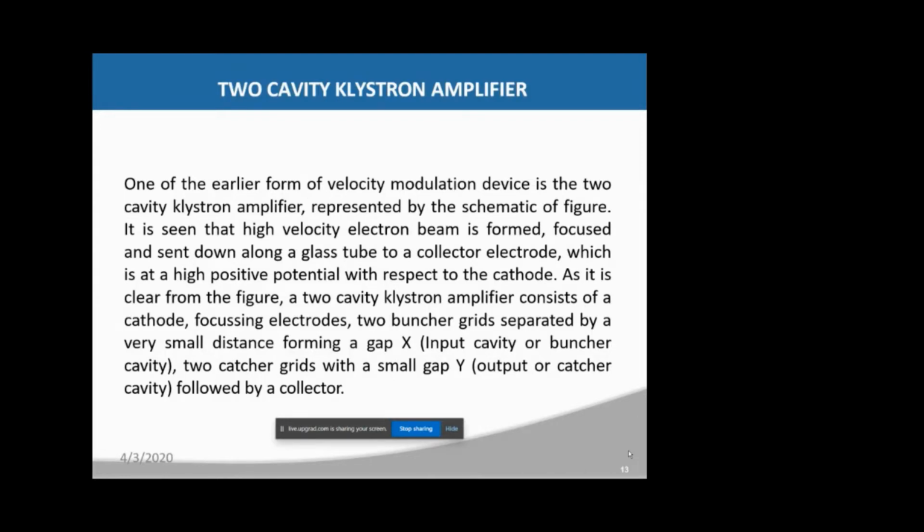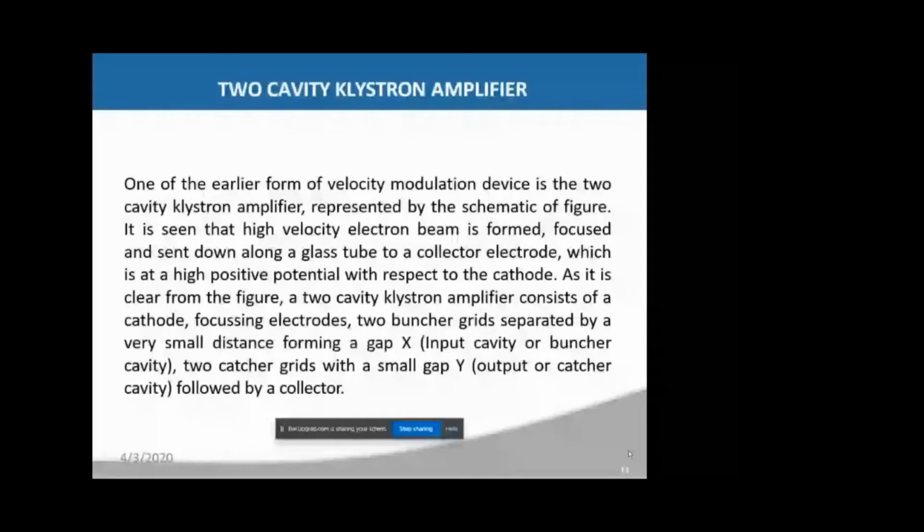See, four or five terms are there in this case, and these are very important. One is the velocity modulation. Due to this velocity modulation, the bunching effect occurs. With this bunching, there is a change in the density. That is called density modulation. And due to this density, the current is going to change inside the cavity.